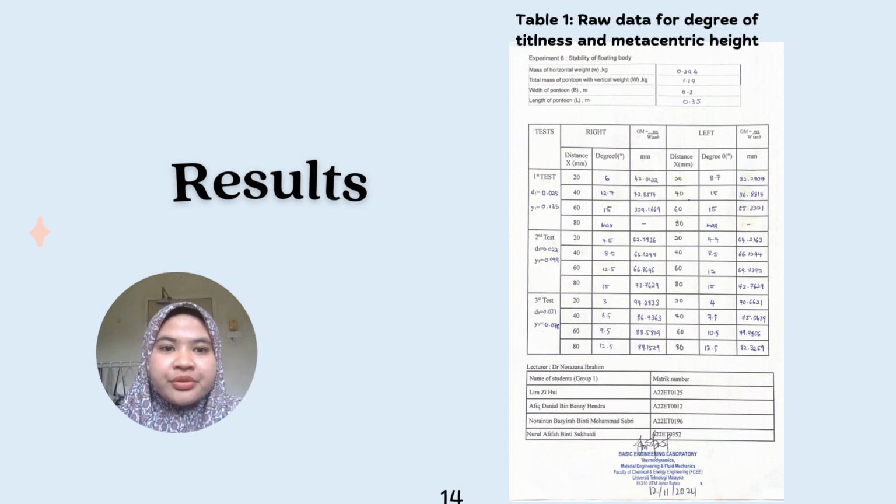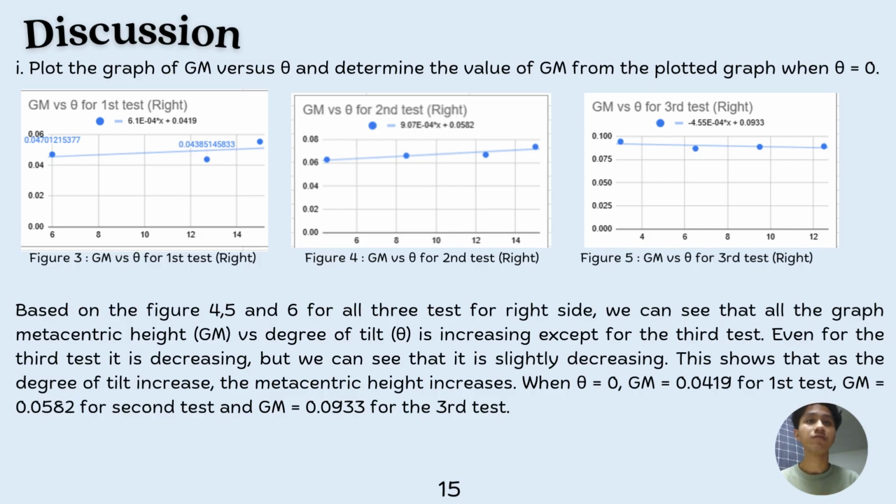Here is our data result for degree of tilt and metacentric height. Discussion 1: plot the graph of GM with the data and determine the value of GM from the plot when the data is given. So based on figures 1, 2, and 3, for all three tests for the right side,